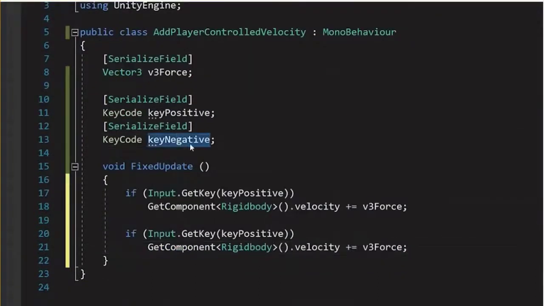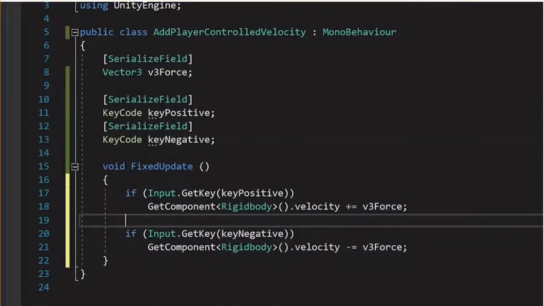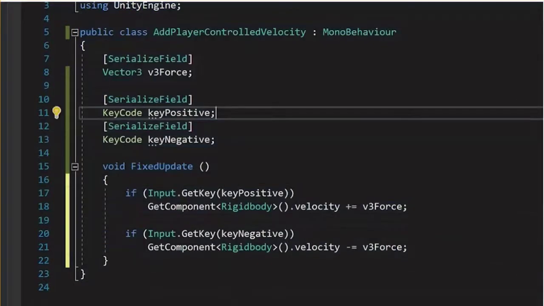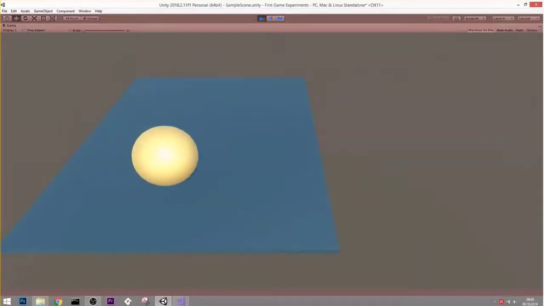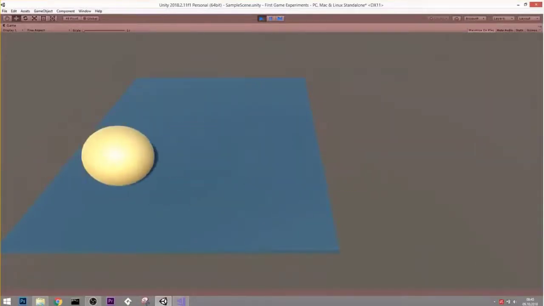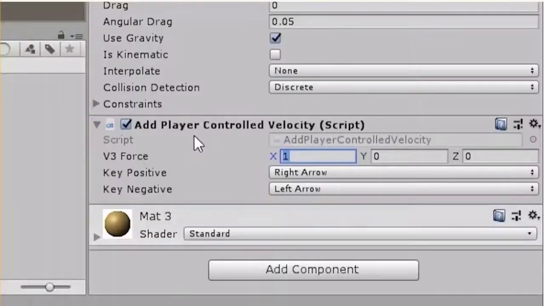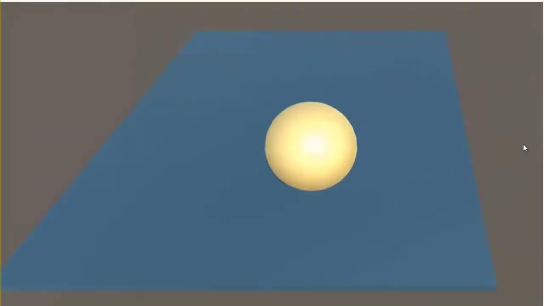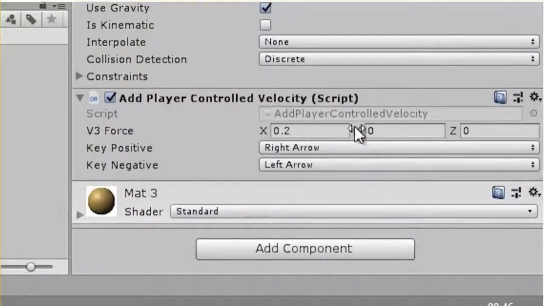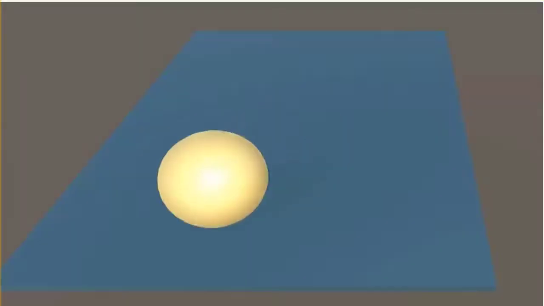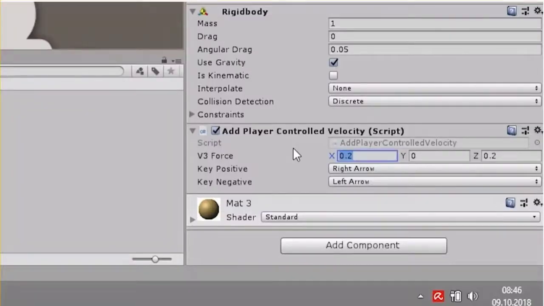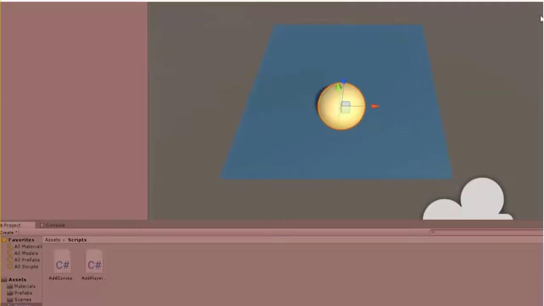Let's do the same with the negative button. Only difference, when we press the negative button, we don't want to add the force, we want to subtract the force. This way we can move in both directions. Very simple script. Should work out just fine. Let's give it a go. Alright, it's a little fast, but I can now control the ball to the left and to the right. Let's make it a little slower, 0.2. That feels nice. Obviously you can also use a different axis, the z-axis for example. Now we move diagonally. If we move the x component of this vector, we're just gonna move vertically